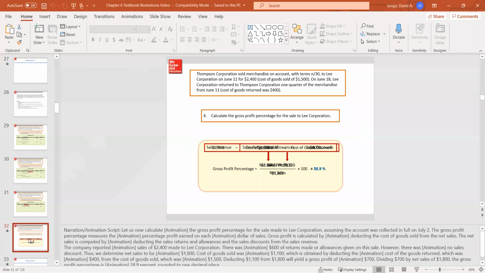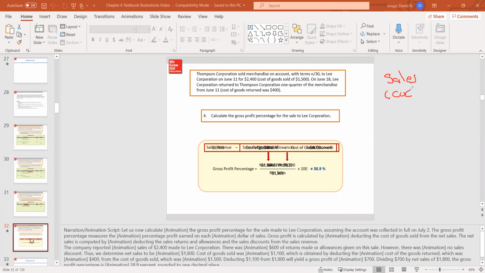All right, and then the last thing, they've kind of muddied this one together. I think there was some sort of issue with some of the animations, but if you go back and calculate it, just remember your gross profit percentage. Remember you have to calculate your gross profit, which again, let me just write this out so you can go back and look at the actual other PowerPoint handout. You can see the actual numbers, but remember it's your sales